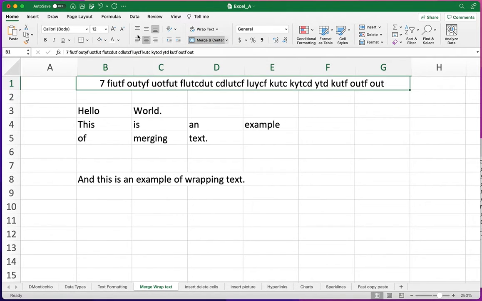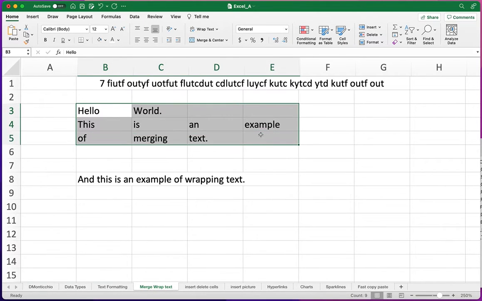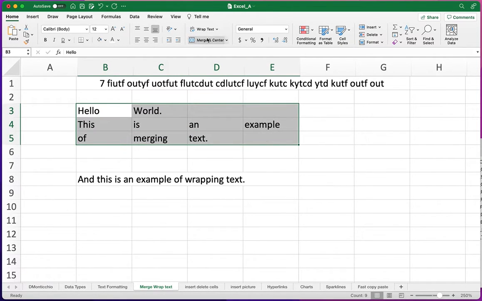And if we don't want them centered, we can always just right align, left align, that sort of fun stuff. Now, the tricky part is going to be what happens when you have multiple cells that have data. So this hello is data, this world is data, this is an example of merging text. All of this is data. And if I merge and center that,